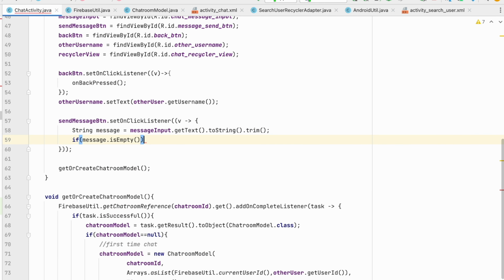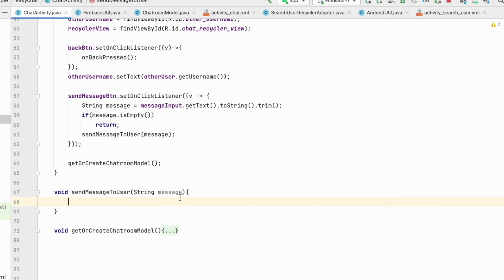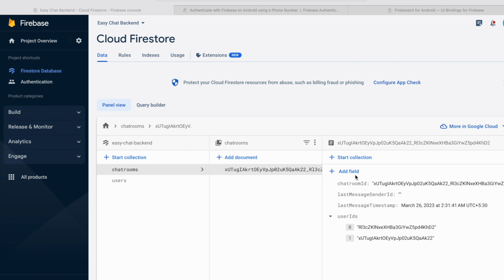We are done with this get or create ChatRoom model. We can minimize this and let's create one more method that will be send message to user string message. For this also we have to create a chat message model so that we can add that chat message collection over here. In ChatRoom we will have one chat collection, inside that we will have number of chats. So let's create a model,